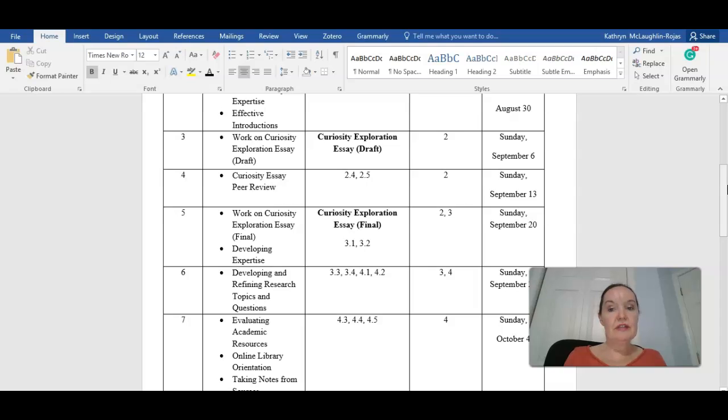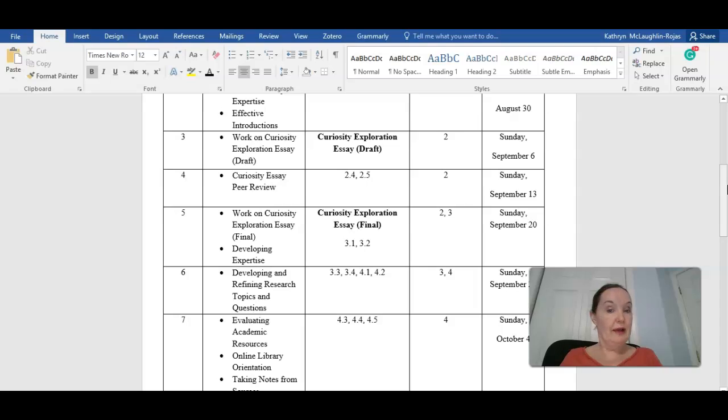So in the peer review assignment that you worked on this week, you gave that feedback to your classmate. You're going to receive feedback from the partner that I assigned to you, and you can take what you want to take from it and use it to improve yourself and always make yourself better. And this week, you will also have feedback from me. You either have it by now, or if you don't have it by tonight, and this is Sunday evening, September 13th, you'll definitely have it by tomorrow. So just look out for that.